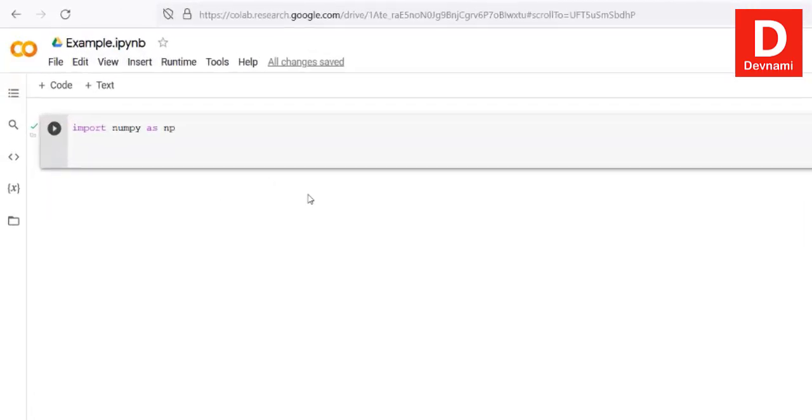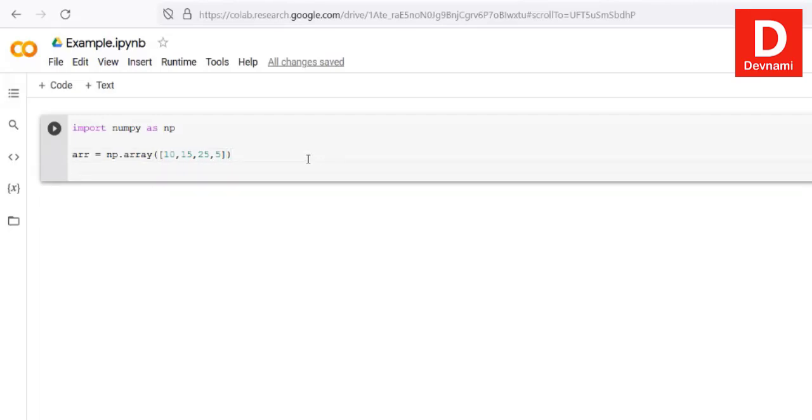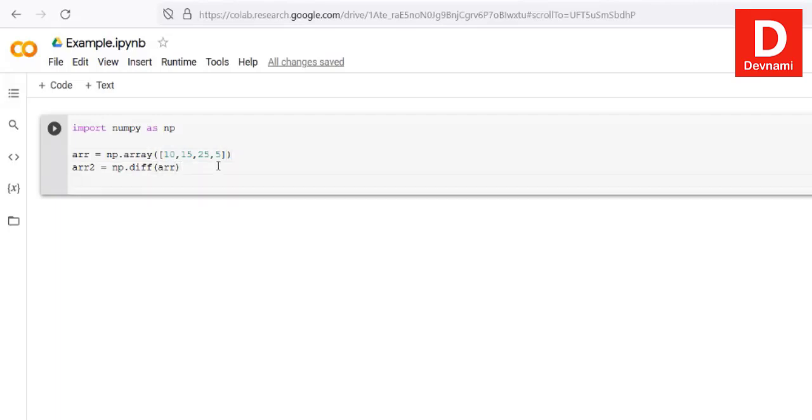Now let's take a look at a few operations with NumPy. Let's say you want to find the discrete difference. What you can do is create an array with np.array, where you take a particular array with values 10, 15, 25, 5, right? Next we will create another array. Let's name this arr2, then np.diff with our previous array, and we will just output this